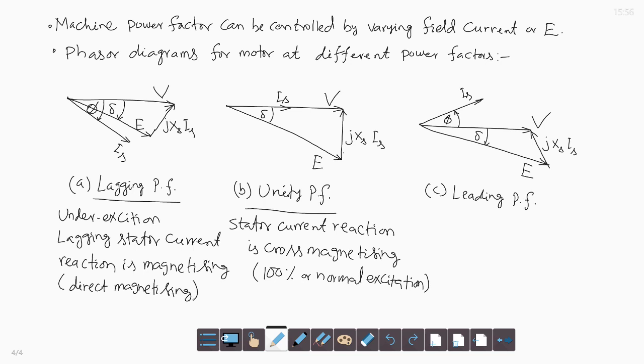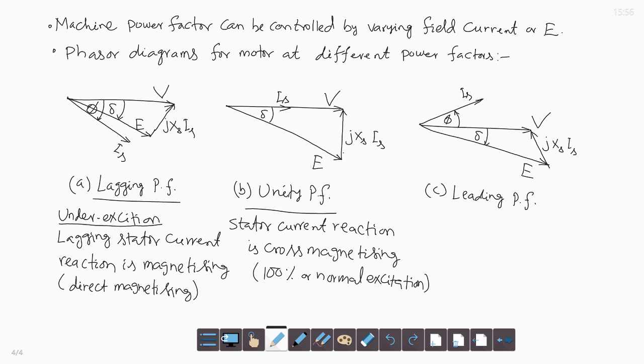So that the induced EMF becomes less. So with under excitation this happens, because the excitation is below the 100% normal excitation,